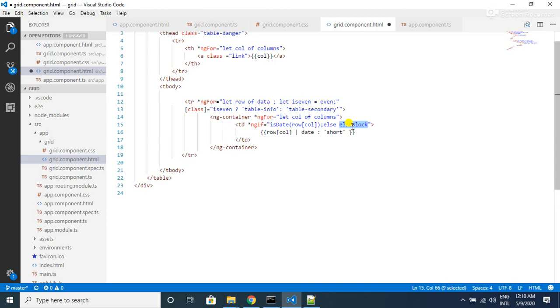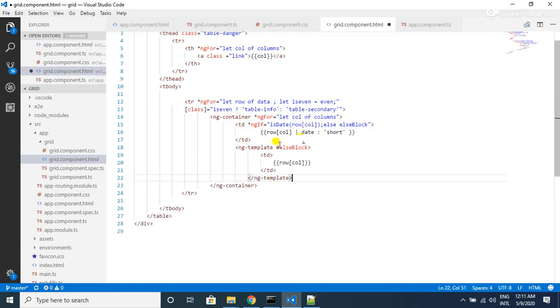For that we also need to create the else block, which we can create using ng-template. So let's quickly add that. Here in our ng-template we have given the template reference name as elseBlock, and we are going to use this elseBlock in our ngIf else condition. So in a normal case, that is a date case, it will show this formatted data using the date pipe, and in all other cases it will show the data as it is.